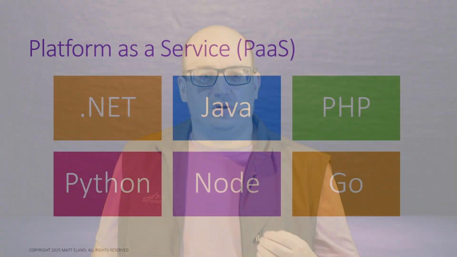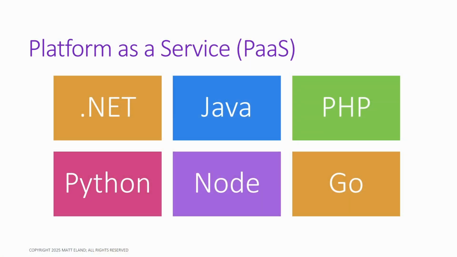Okay. Now, companies like Azure and AWS and Google came along and they said, hey, you shouldn't have to deal with the hardware components if you don't want to. We're going to give you platform as a service. And this means that we're going to operate our own data centers and you tell us what you want to deploy on them. As long as you're using one of these things that we support, we offer environments that have these types of technical stacks and these versions in these technical stacks. Well, we have that stuff that we're maintaining and you can just go out and deploy it already onto our stuff. And the nice perk about this is that I'm no longer responsible for physical security and cooling and maintenance